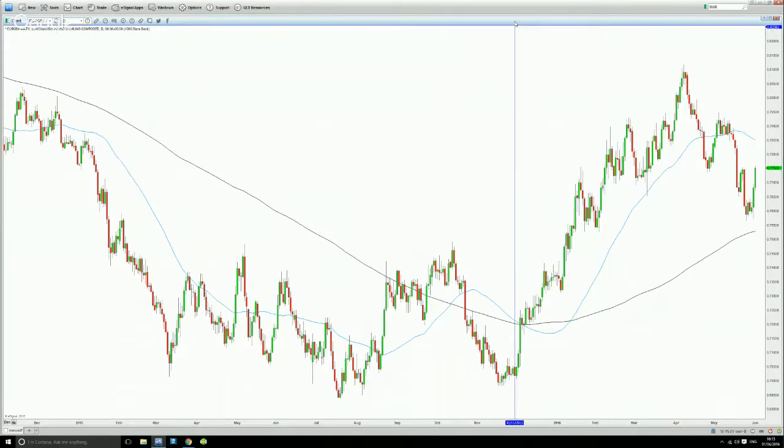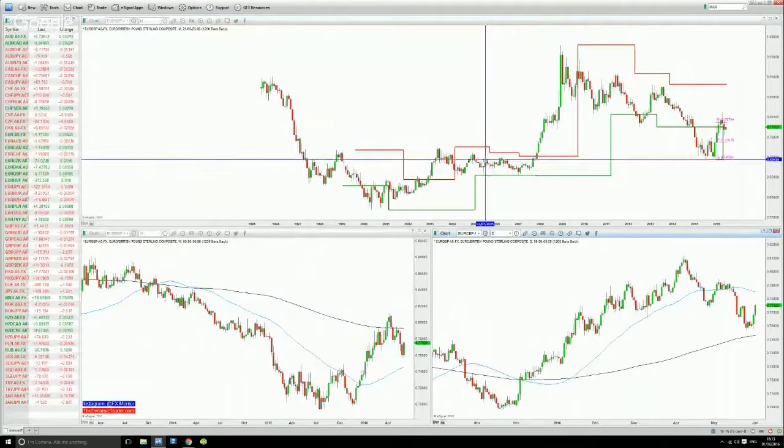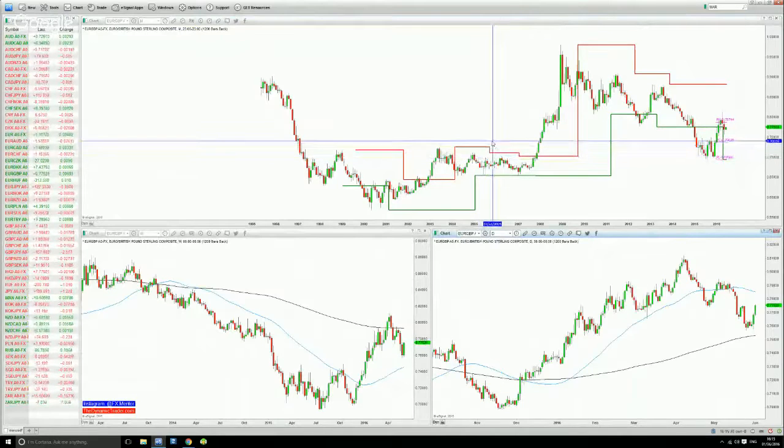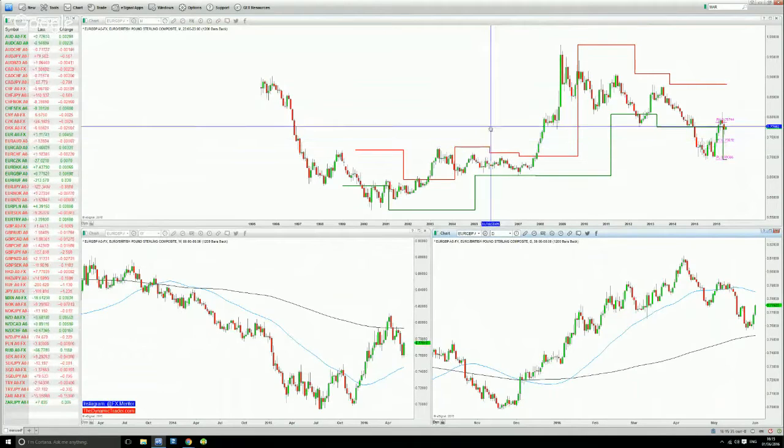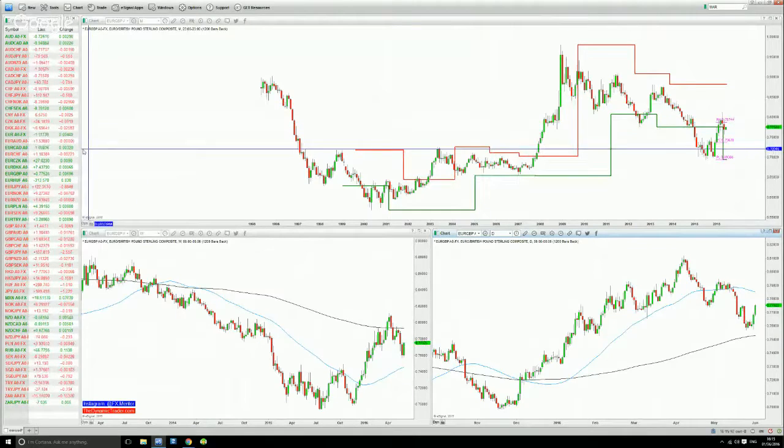For now, you want to be cautious. If you are looking to take any trades, you want to reduce your risk. And I say reduce your risk. Full allocation of risk for me is 2%. If the markets don't allow for full allocation of risk, but there is still an entry point, then I would reduce my risk to 1% or 0.5%, maybe even 0.25%.